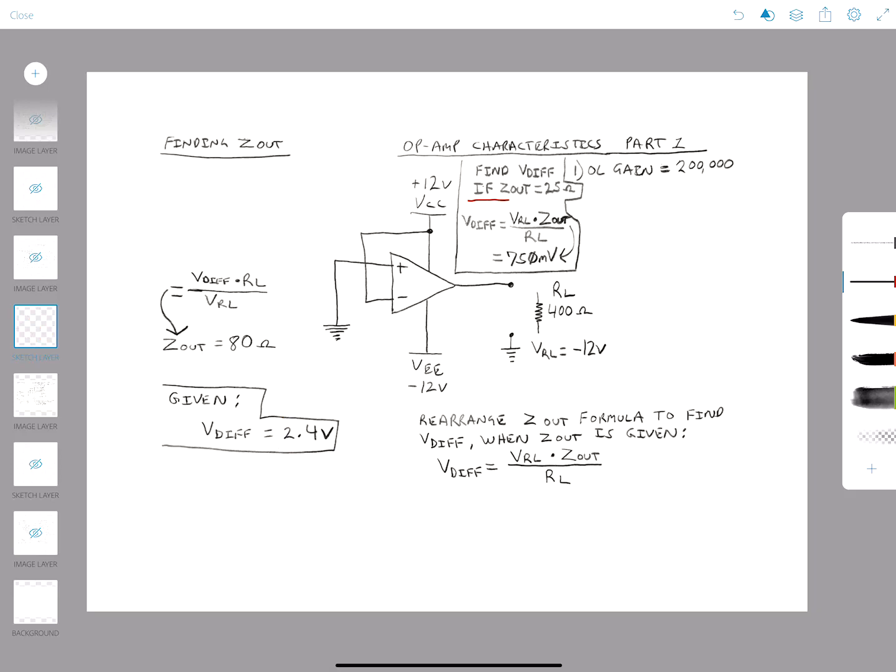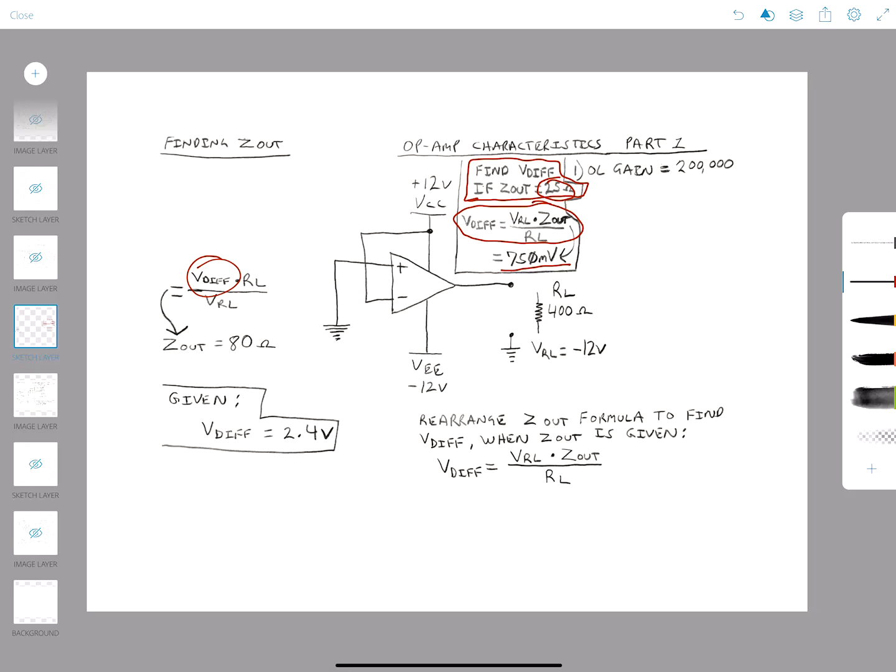We're looking to find the difference, or VDIF, based on Z out being 25 ohms. This is just a random number that I've given you. But how do we calculate to find VDIF? Basically all we would do is rearrange our formula. We would pull out VDIF, and then we would come out with this formula right here to find the value. So if we plug those values into our formula here, you'll notice that our VDIF would come out to be